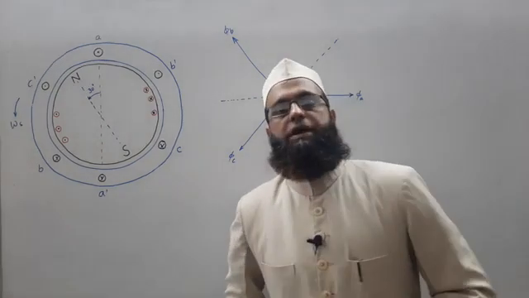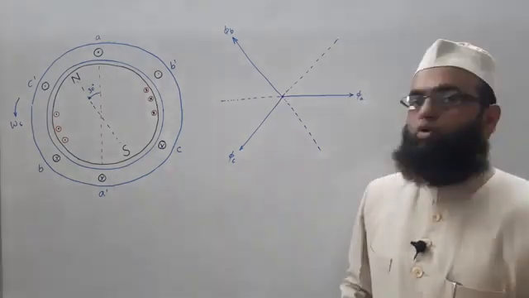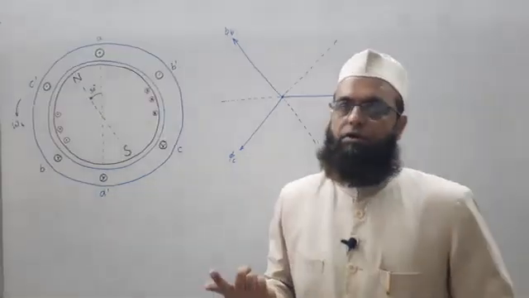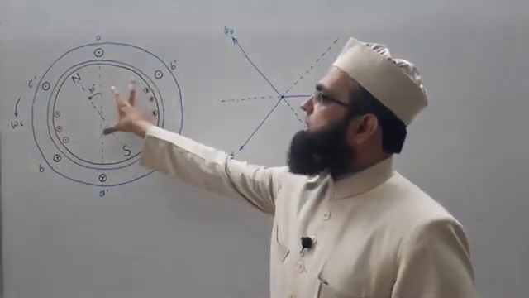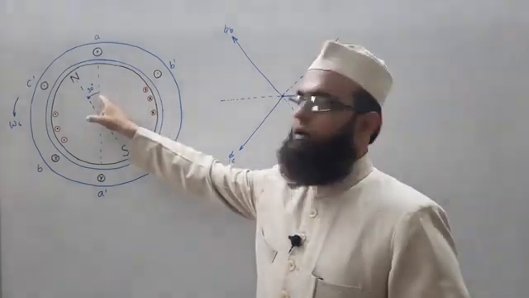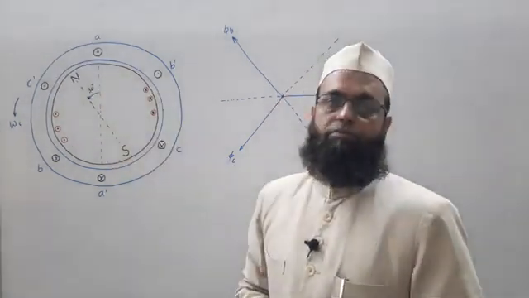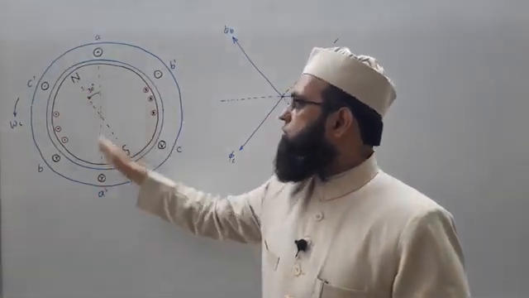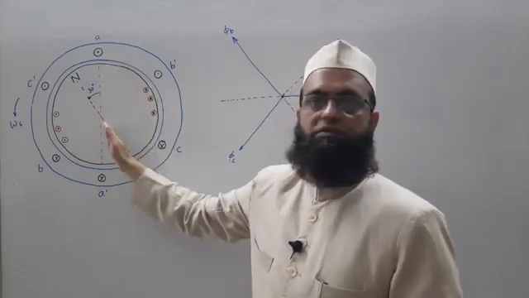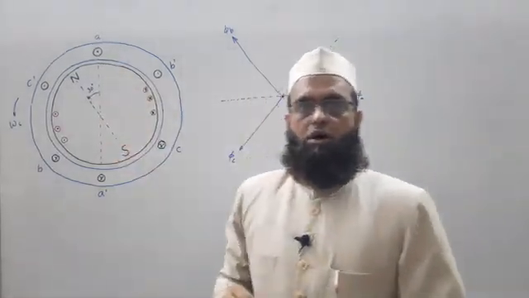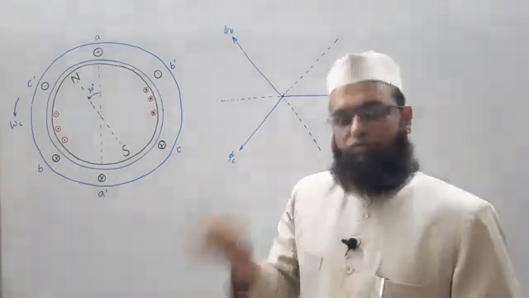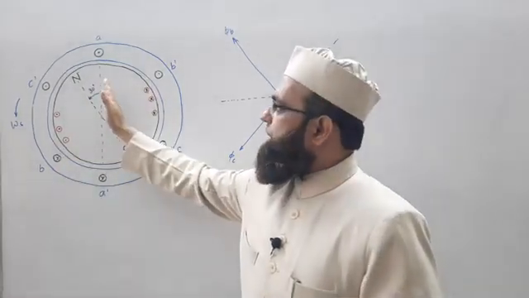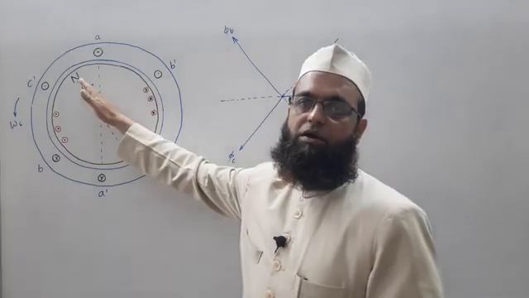Now consider the case with the same load, that is a unity power factor load, but a different moment. The moment when the rotor has rotated by 30 degrees in the direction of rotation. In the earlier case, we considered the moment when the north and south pole axis was lying along this vertical axis. Now, after a few milliseconds or whatever, depending upon the speed, when it has rotated by 30 degrees, the moment will